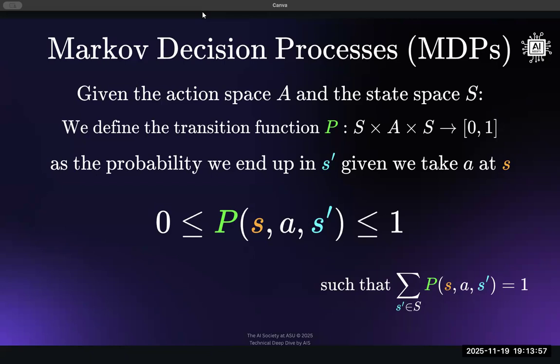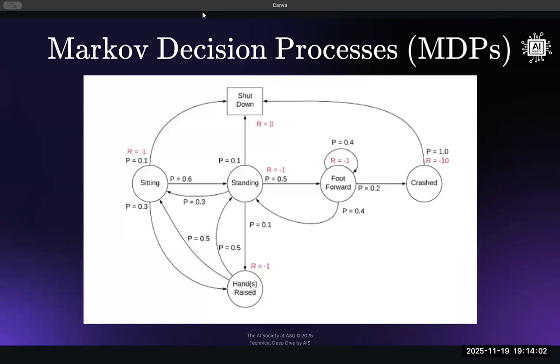And so Markov decision processes are very important. And here's just another diagram. It's similar to the Markov chain that we saw, the little one, but it's an extension. And in this case, you have the little red R's, which are the rewards. And of course, we still have the state transition probabilities. But yeah, we still have the rewards there. And the reward can be negative, it can be positive, 0. So every transition that you make, every state that you transition to, has an associated reward. And of course, that reward can be good or bad.